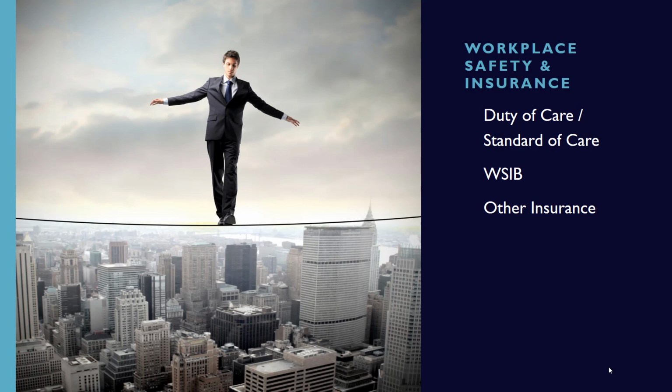Workplace Safety and Insurance, also known as WSIB. Workplace safety and insurance is designed to protect employees from dangerous situations and to financially compensate them if something does happen. An employer has both a duty of care and a standard of care to their employees. They must go above and beyond to make sure that their employees have a healthy and safe place to work,